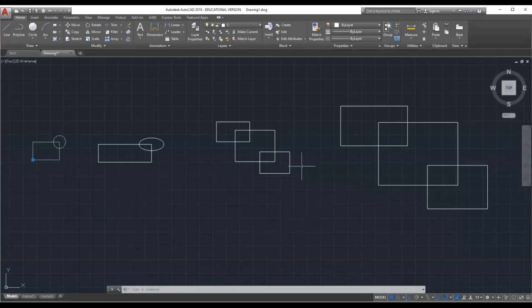But in this case, we will check allow exploding. The object was exploded. We'll see: X, enter, select the object, enter. See, the object was separated.